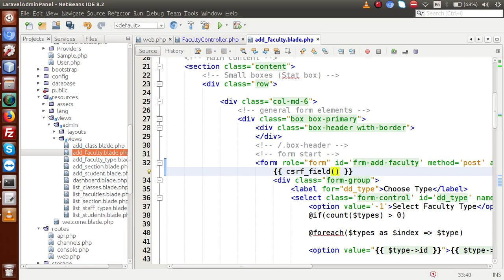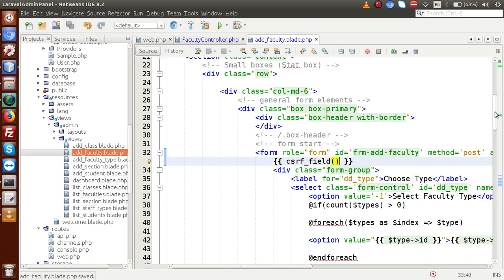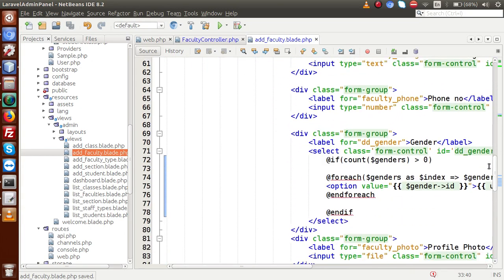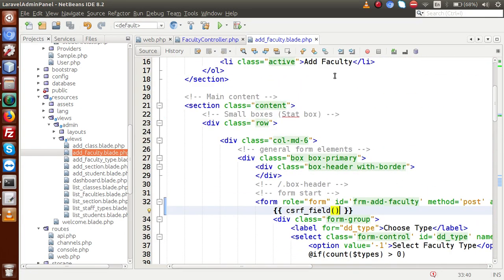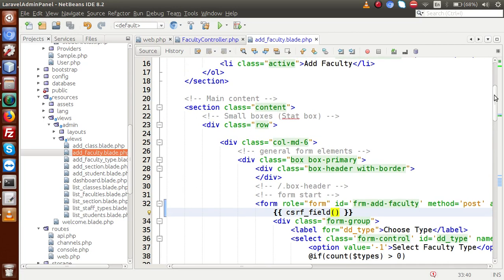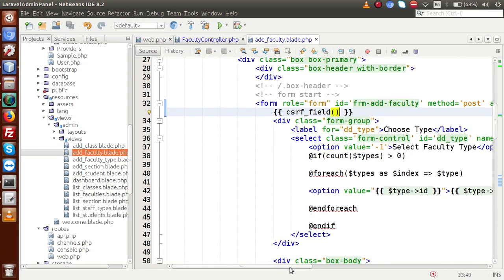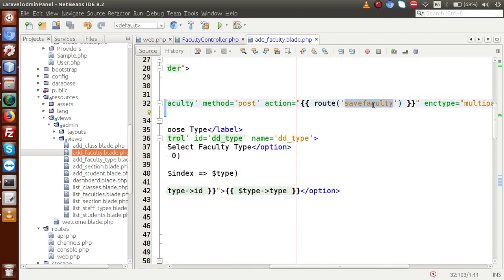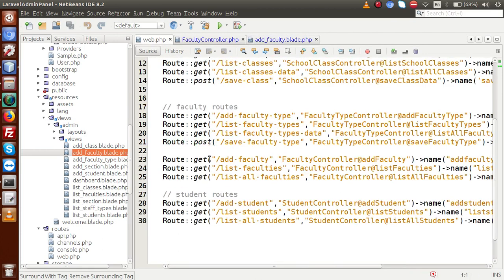CSRF field. All we have done about our front-end form. Now we only need to handle these things from our faculty controller, about the validation and about saving values. So if I copy this name parameter, scroll here, this is save faculty, copy this, go to web.php, and